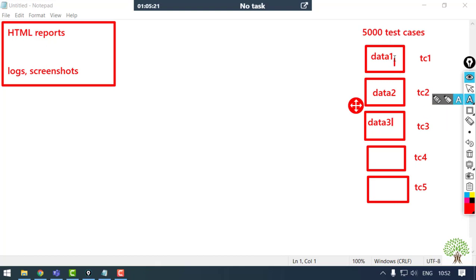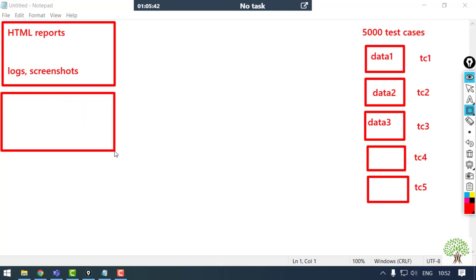But if they are using different data, then you are not going to hard code the data in the test case. Why? Because it will become a very tough job to edit that data in case there is some change. So what we can do is keep the data we are going to use in the whole test case in some external files.